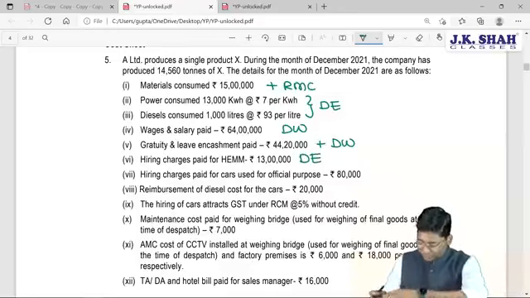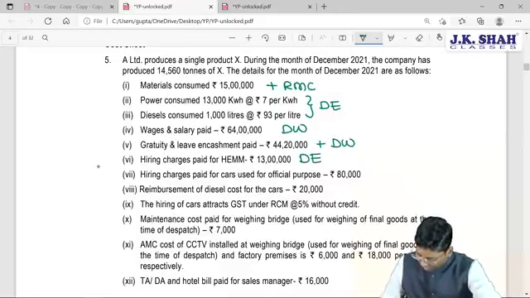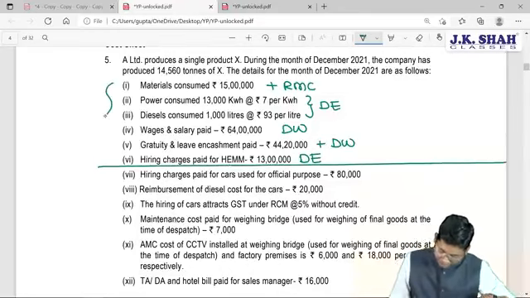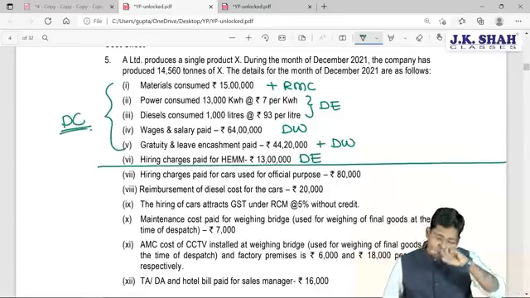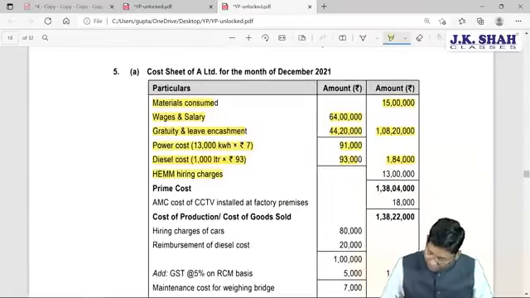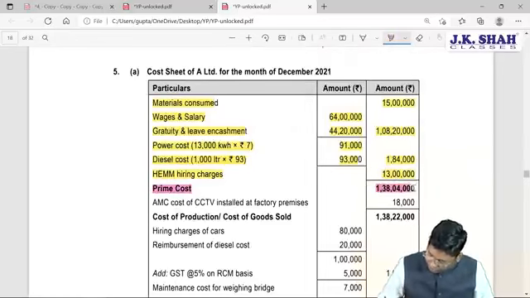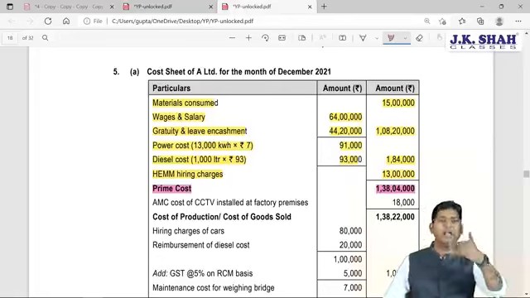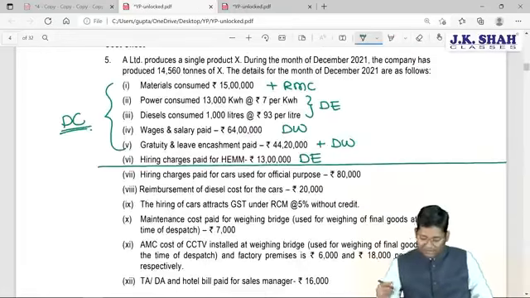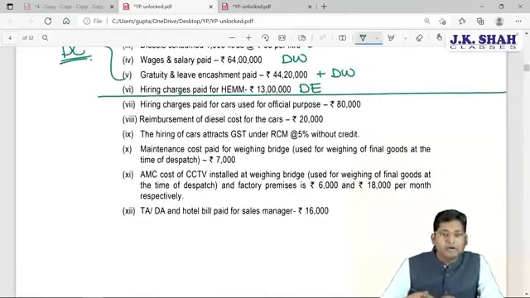If you check this question, then till this particular point, all the items covered are generally recorded under the heading of direct cost. So the total of all these elements will give you prime cost, and prime cost is computed and given in your solution. So it is very simple. After prime cost, secondary cost starts. Secondary cost item number 1.